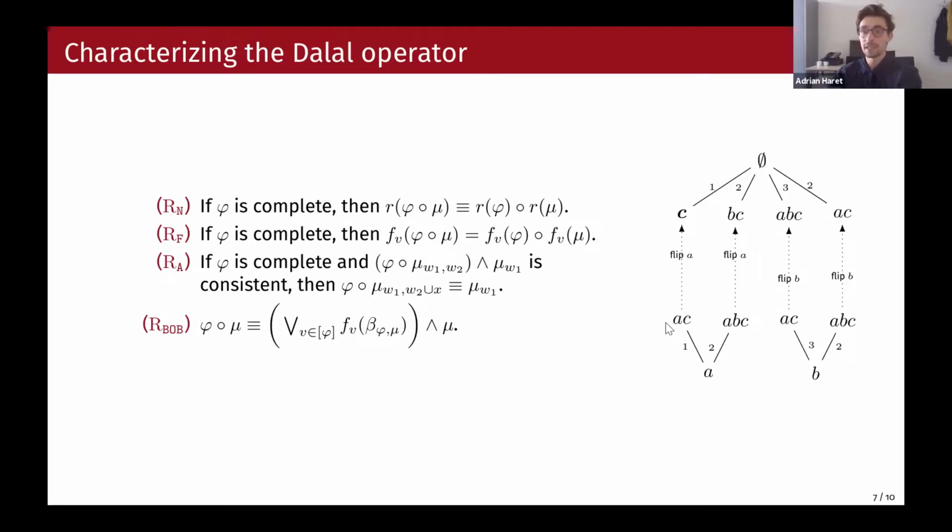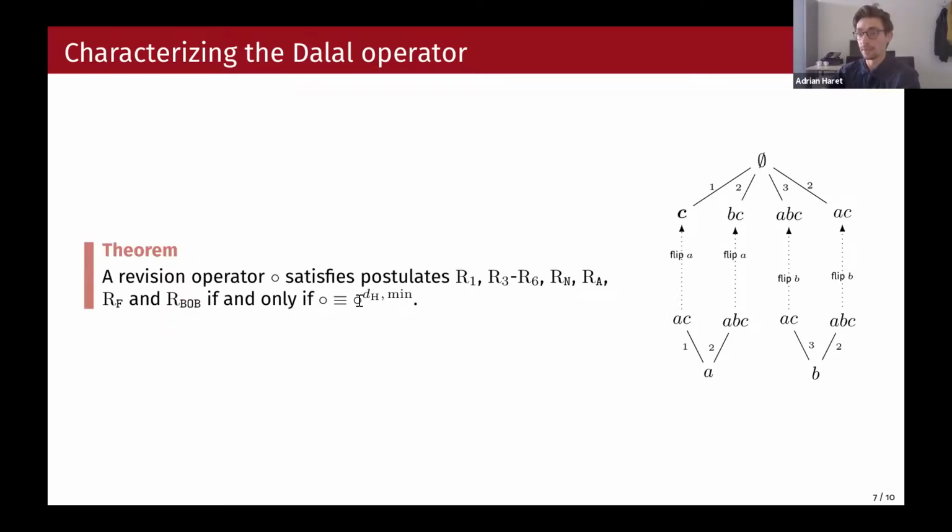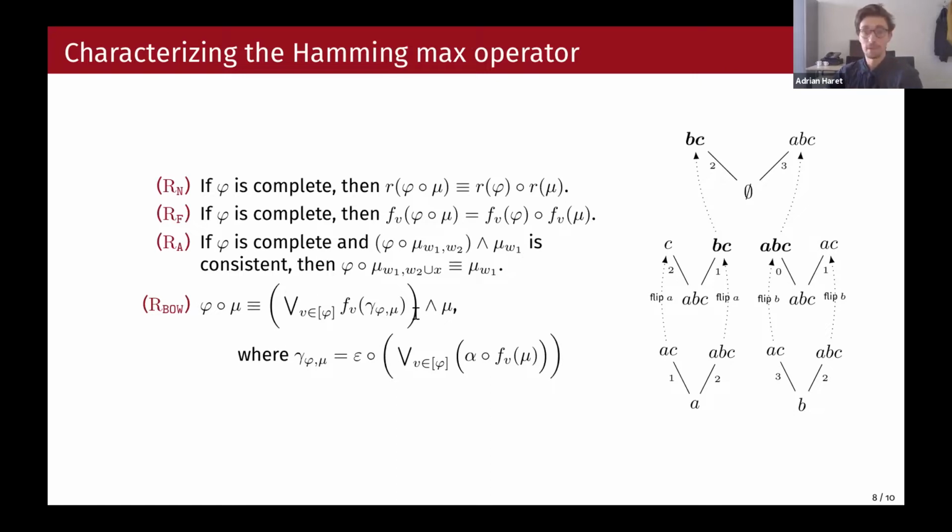So in this case, you're able to simulate this idea that Dalal chooses the best models of mu according to every model of phi. So this is very nice, right? It gives you a characterization of the Dalal operator. Then you can do something similar for the max operator. So for the max operator, you look at